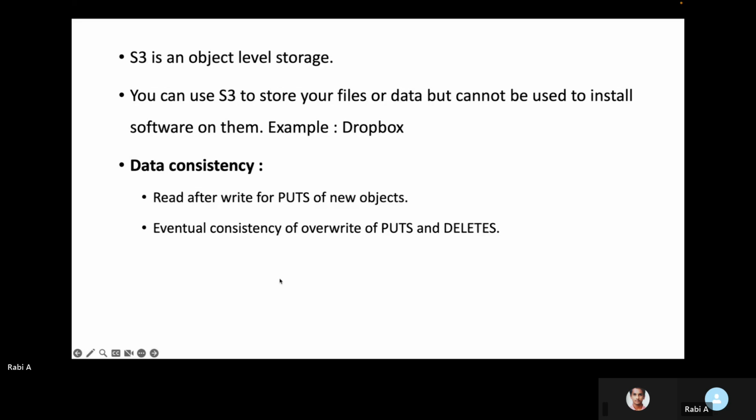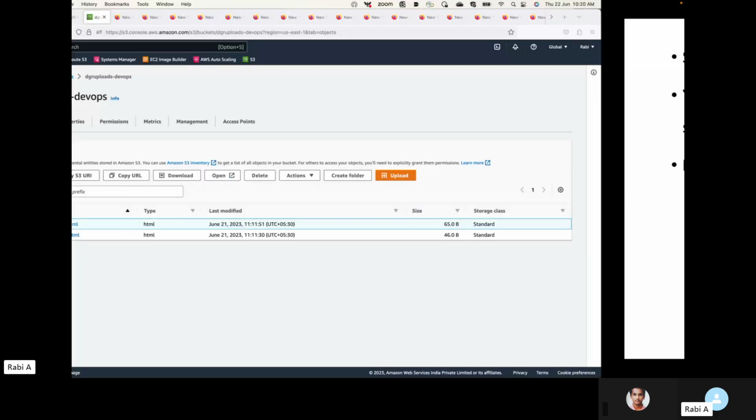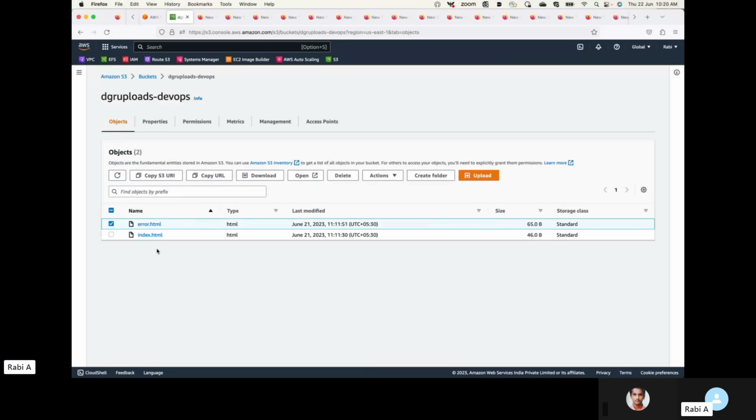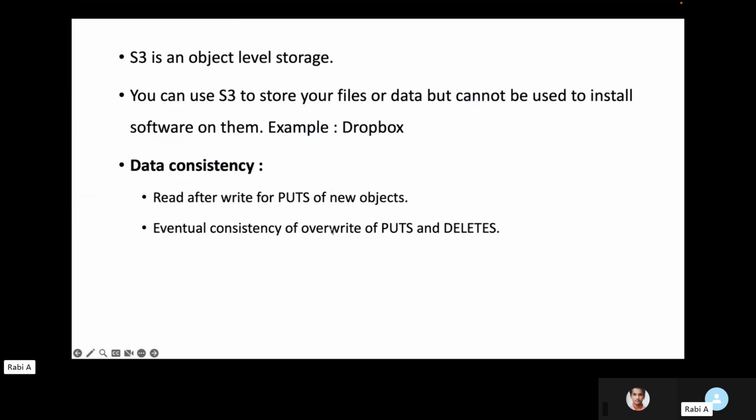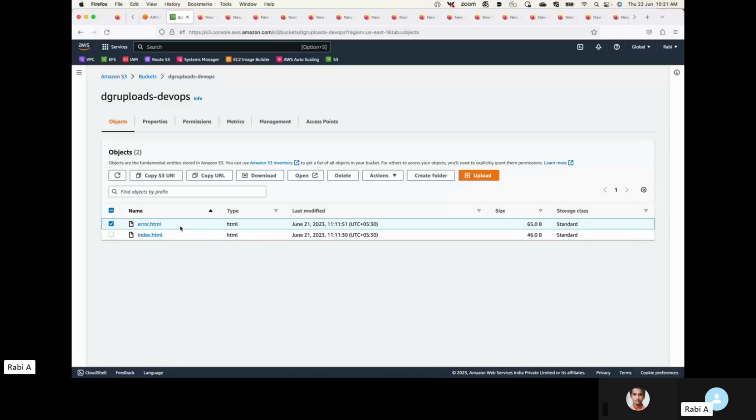Sure. Okay, so talking about data consistency: read after write for puts of new objects. If you're uploading any new data to your S3 bucket, you can immediately read the data. The data will be available for read purposes. However, if you overwrite or delete any data, it gives you eventual consistency. Meaning, let's say I modify some data, it may not be available immediately